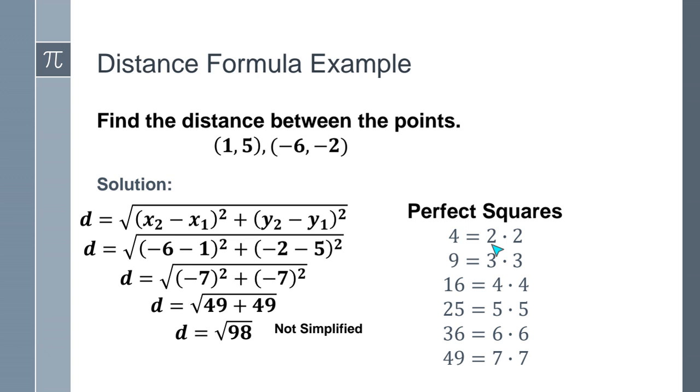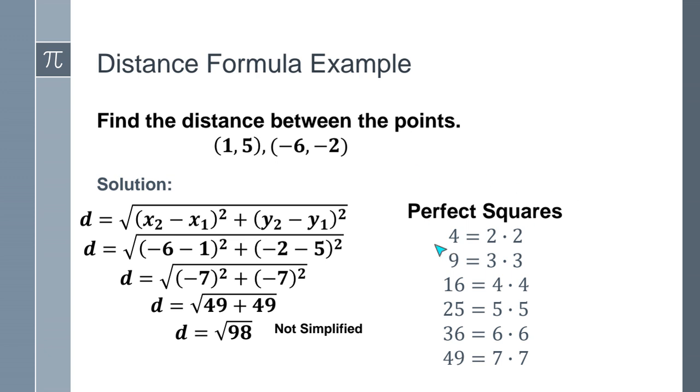So 2 times 2 is 4, so 4 is a perfect square. 3 times 3 is 9, that's a perfect square. And this is infinite, right? So you can have 10 times 10, which is 100, so 100 would be a perfect square. And these numbers here, 4, 9, 16, 25, 36, 49, the reason they're perfect squares is because we can take